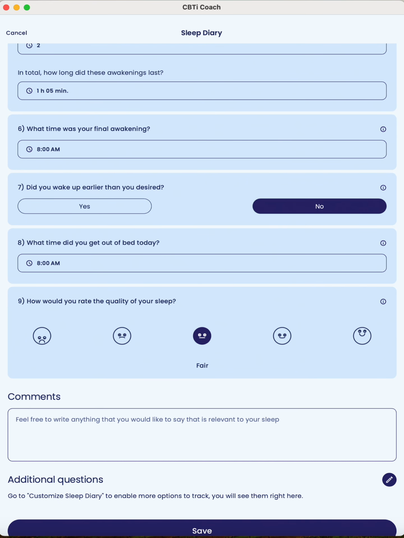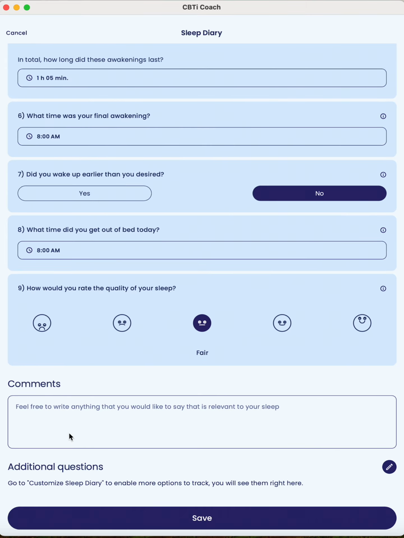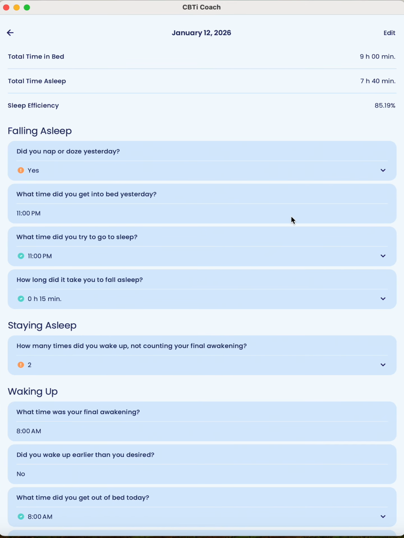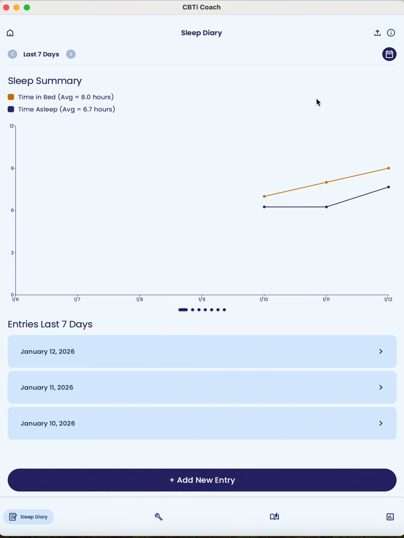How would you rate your quality of sleep? If you click on these faces, you'll see that there are descriptions. We're going to say that this was fair. And then finally, there's a section for comments, and you can type anything in there that you think would be relevant for me to know, and then click save. So now you'll see the graph has plotted this night of sleep here on the 12th, and it's also listed here under the last 7 days. If I need to go in and edit something, again, I can click on it, I can click edit and save. Also from this screen is where you